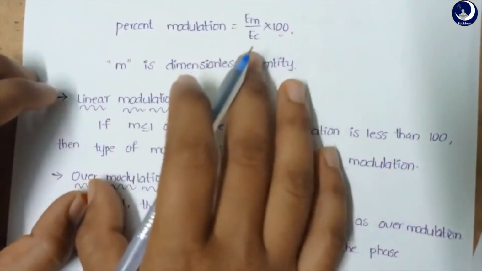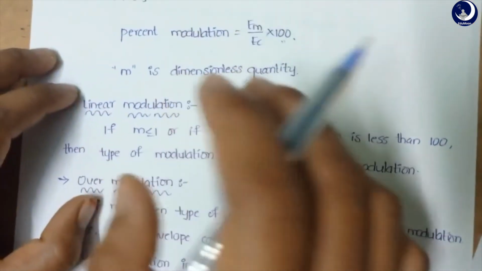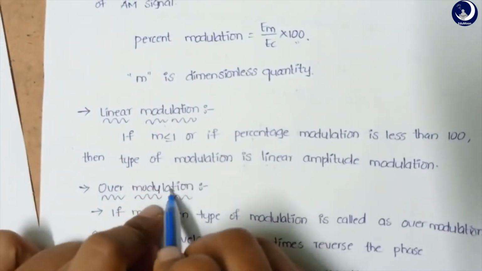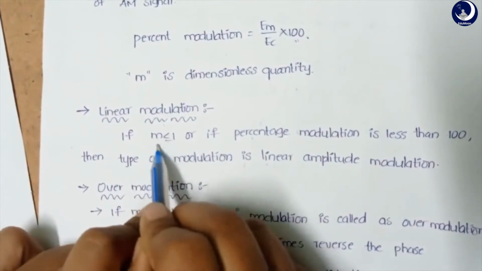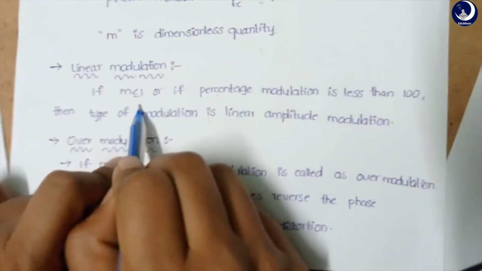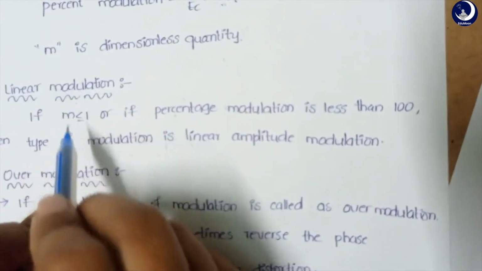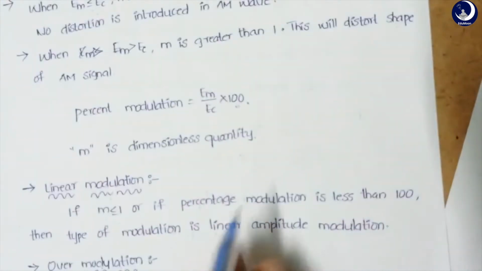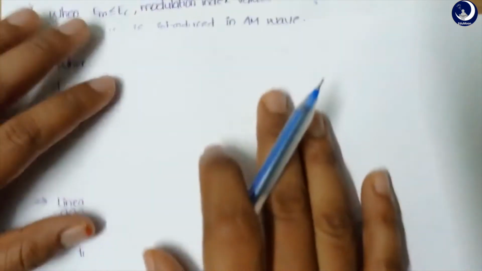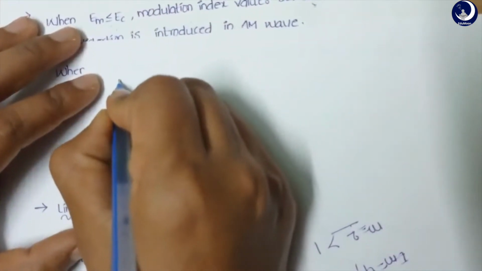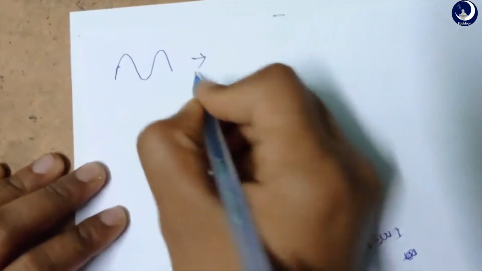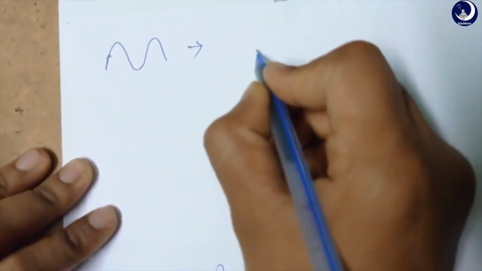And again, modulation is generally of two types. One is linear modulation and another one is over modulation. That is, if m is less than or equal to 1, then it is called linear modulation. If m is greater than 1, that is called over modulation. Let's see how they are. For example, let's consider this as our message signal. So after modulating with the carrier, we will get